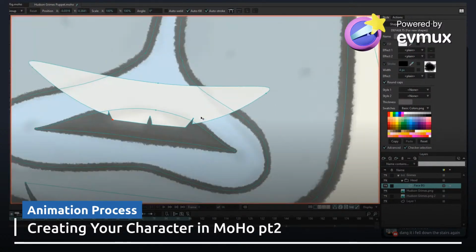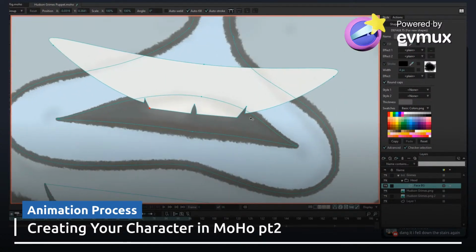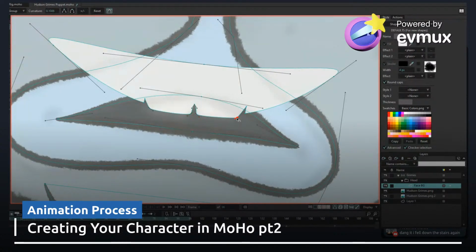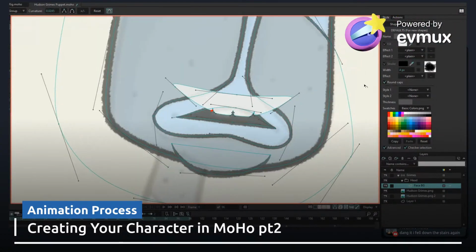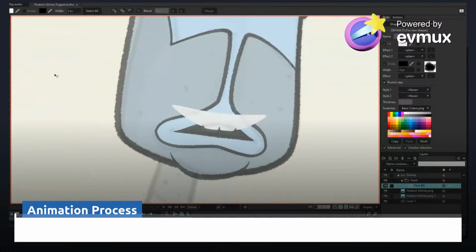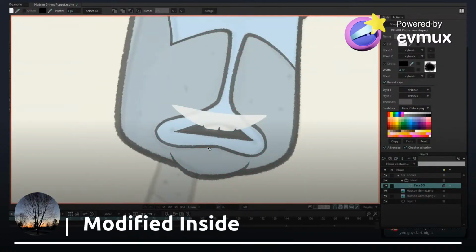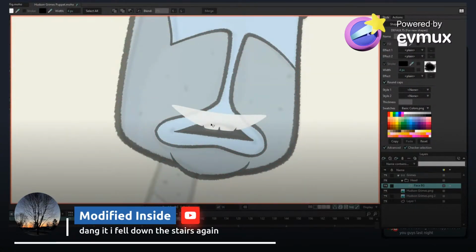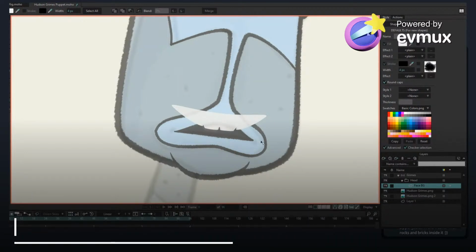Okay, so we got the shape of our teeth done. So I'm going to adjust the curves. See, escape, and I'm going to adjust this one out, adjust this one out, just give it a little curvature. Hence, curves. All right, so you remember when I was talking about the liquid shapes? So this shape is going to be masked inside the mouth.